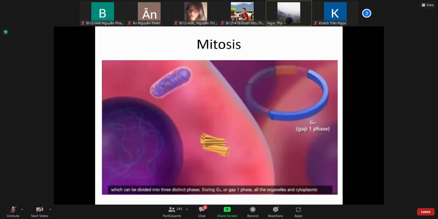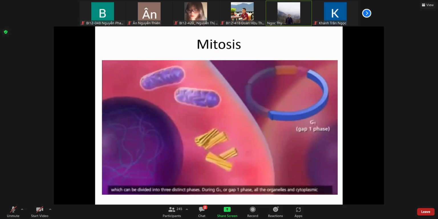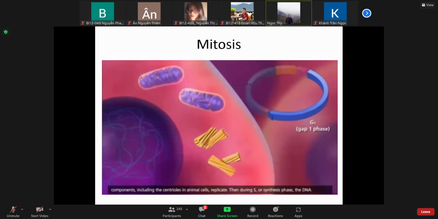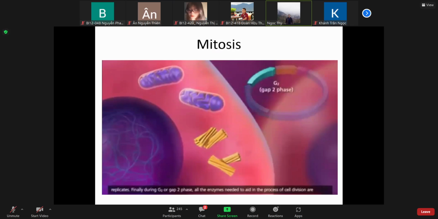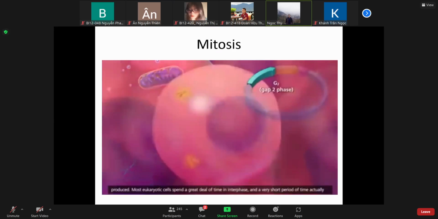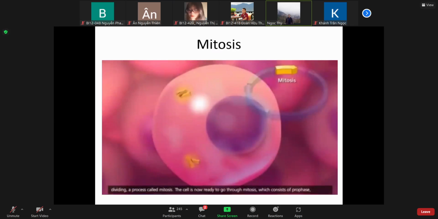During G1 or gap 1 phase, all the organelles and cytoplasmic components, including the centrioles in animal cells, replicate. Then during S or synthesis phase, the DNA replicates. Finally, during G2 or gap 2 phase, all the enzymes needed to aid in the process of cell division are produced. Most eukaryotic cells spend a great deal of time in interphase, and a very short period of time actually dividing,